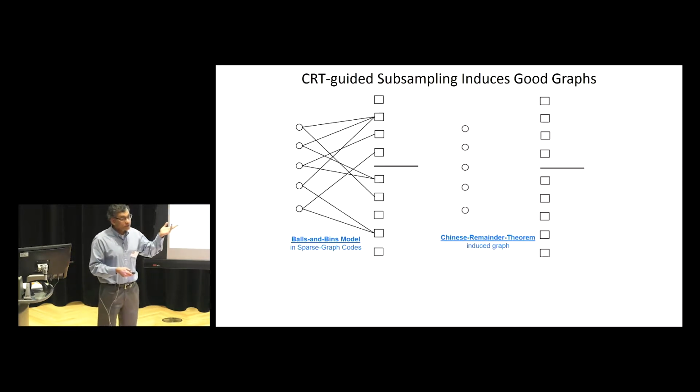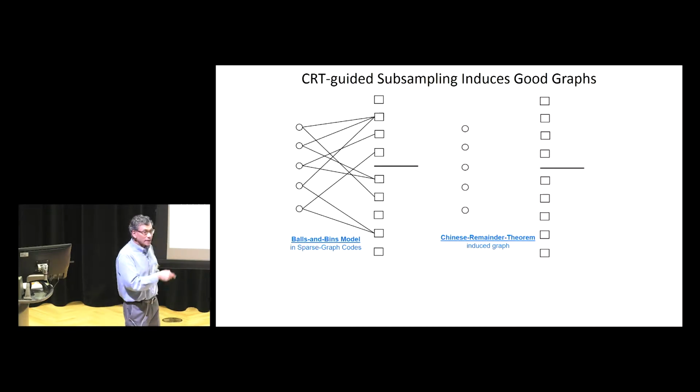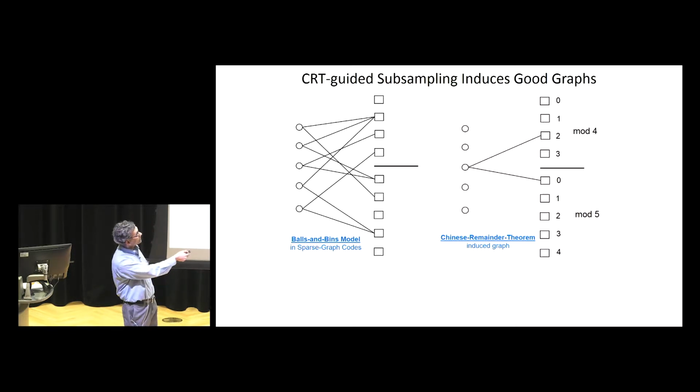And in the Chinese remainder theorem induced graph, which is our problem, that graph is deterministic. Now, this graph is random. This graph is deterministic because I'm always doing either mod 4 or mod 5. So for example, the third ball there will always go to the second bin or the 0th bin,